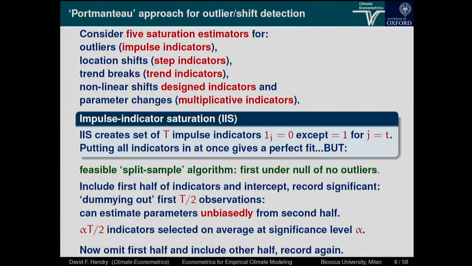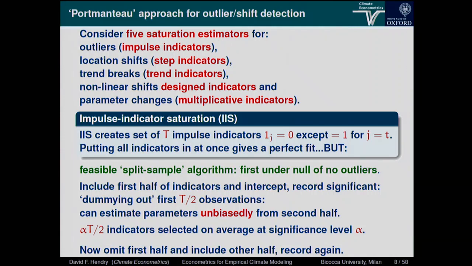And I'm going to discuss it first under the null, when there are no outliers and you didn't need to do it. Now, of course, if you didn't need to do it, you hope to find no outliers. But our procedure is based on assuming that you will, in fact, pick up at least one, possibly more, outliers that don't really exist, just because they're large deviations within the distributional assumptions you've made.